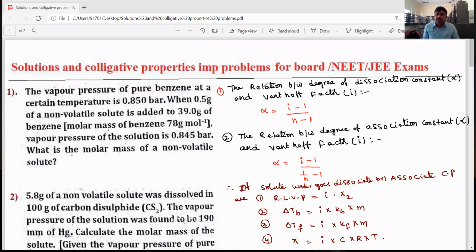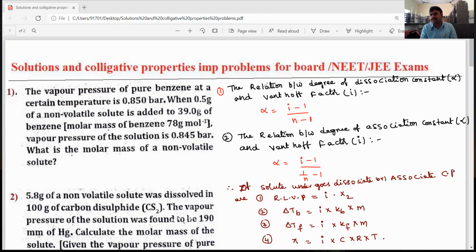Yes, dear students, in the last class we discussed the Van 't Hoff factor. What is the Van 't Hoff factor? i is equal to the number of particles or molecules present in a solution divided by the number of molecules taken in the solution. If i is equal to 1, then the colligative properties are normal colligative properties. If i is not equal to 1, dear students, it means it is more than